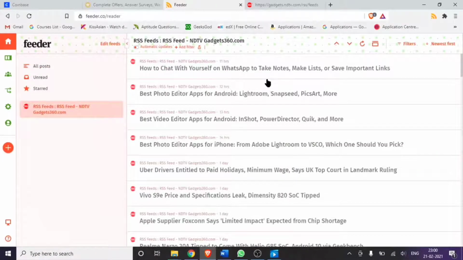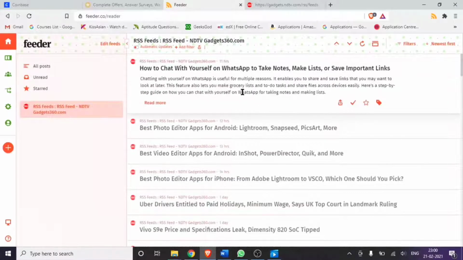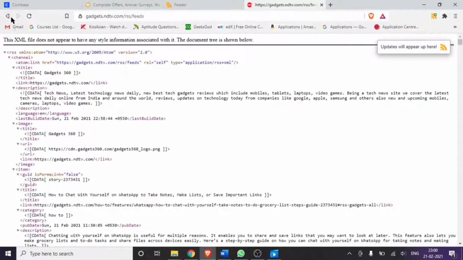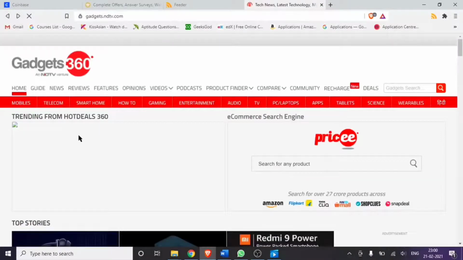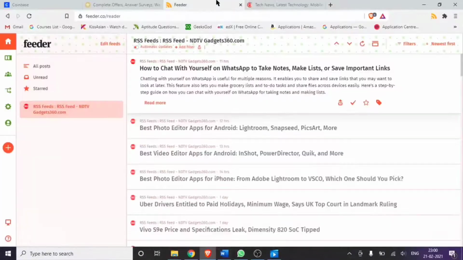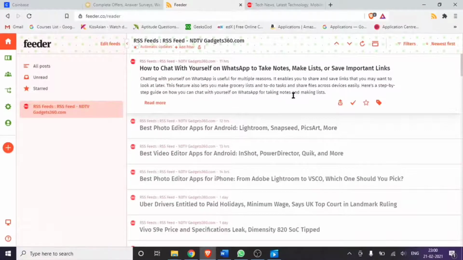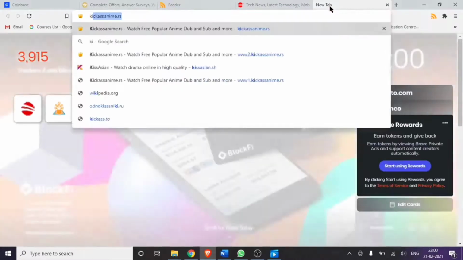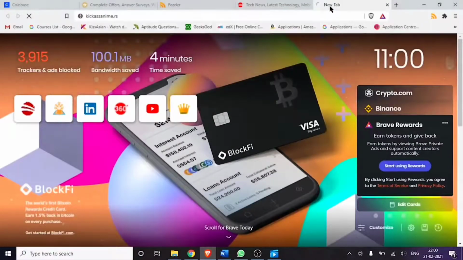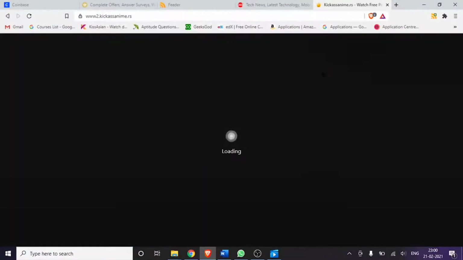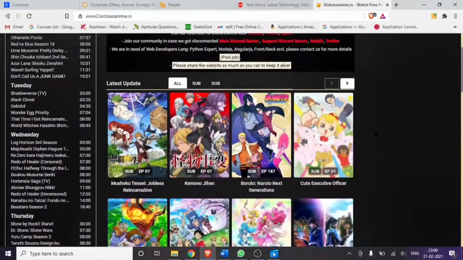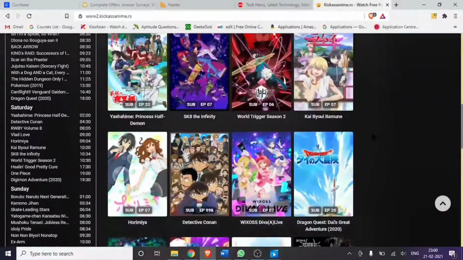my Gadgets 360 news will be there. These are some quick suggestions. Instead of going to the site and reading all this information, see, it's my Realme earbuds 2 news. There will be a timeline: it's about 11 hours, about 12 hours. Quickly going through. I am a fan of anime, and movies. These are the recent movies that came out.